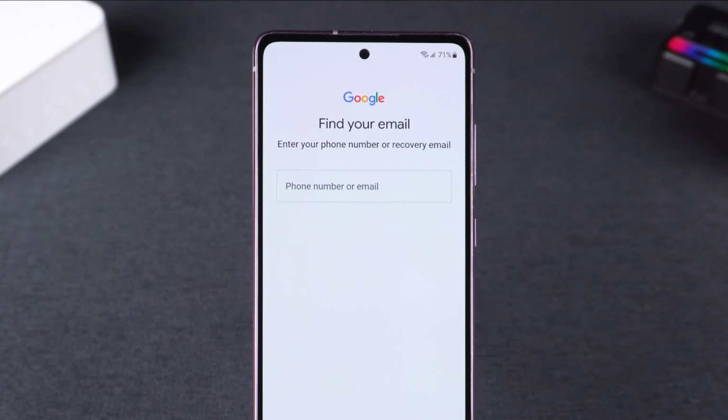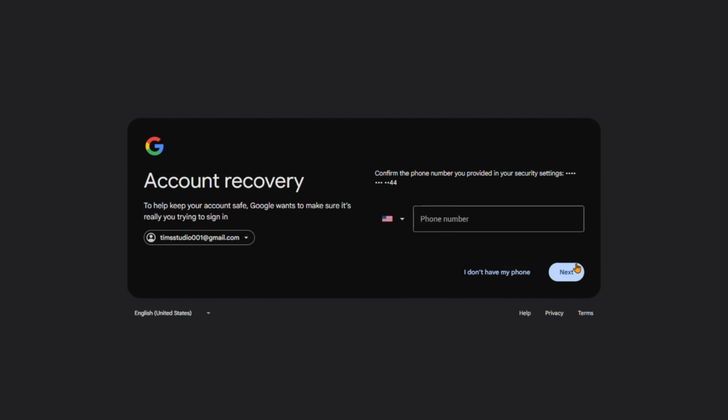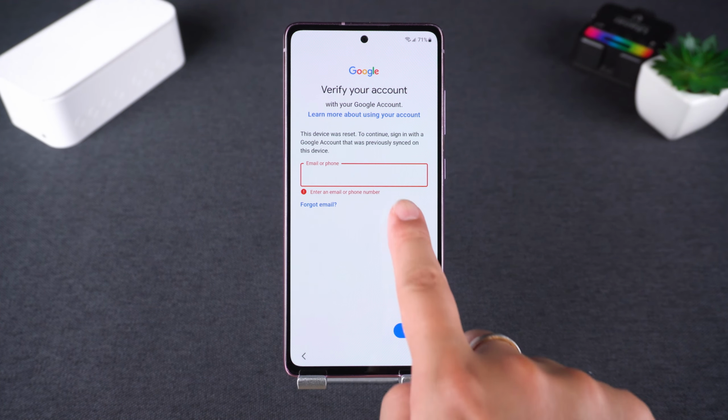The first method is to recover your Google account. If you remember the email or username but can't recall the password, simply go to google.com on another phone or computer and try signing in. Select Forgot Password, then follow the on-screen steps. You might be asked to verify a linked phone number or recovery email. Once you successfully create a new password, return to your Samsung phone and enter the updated details to continue the